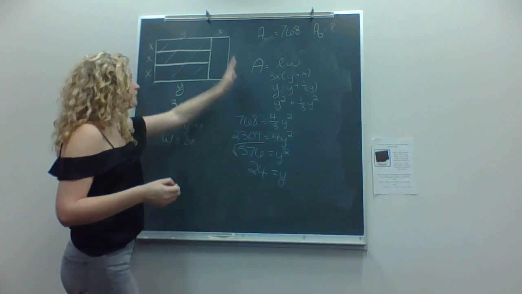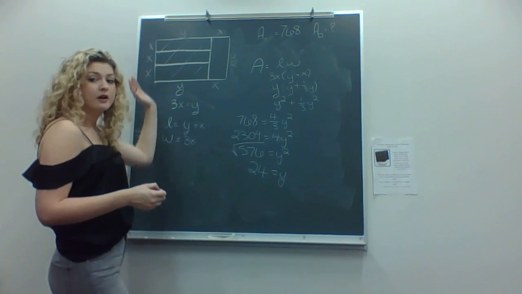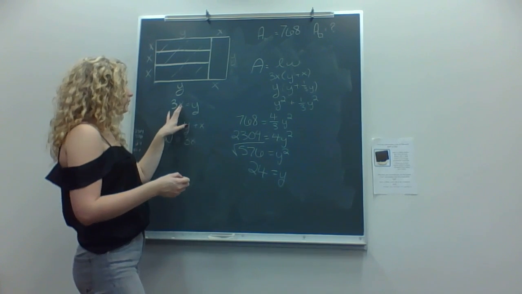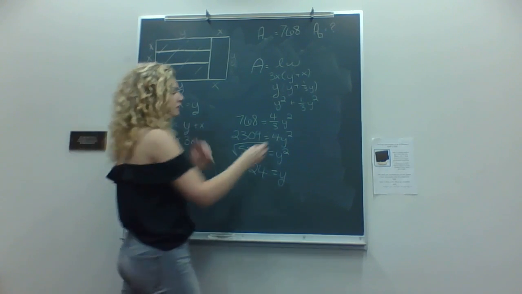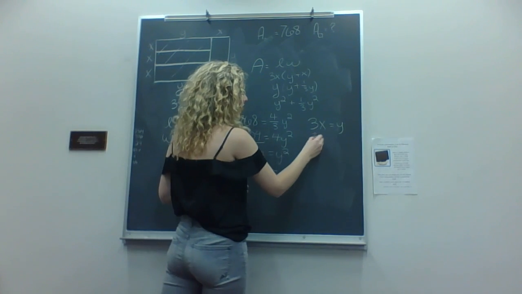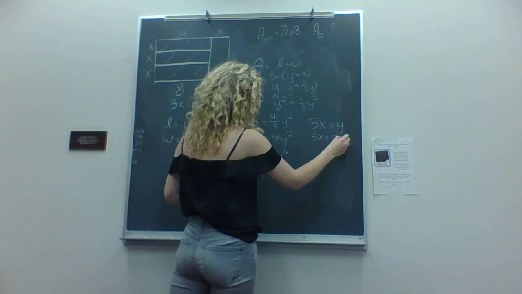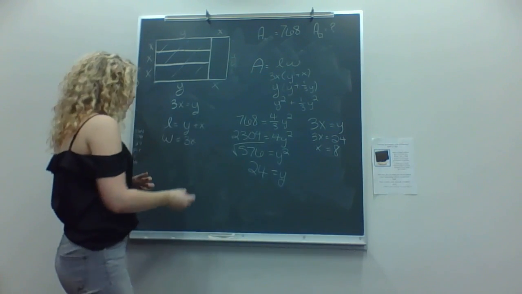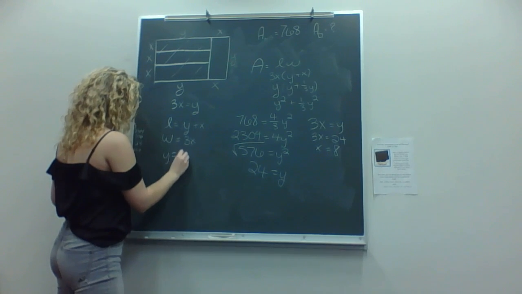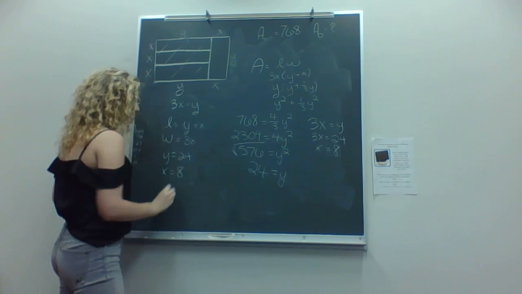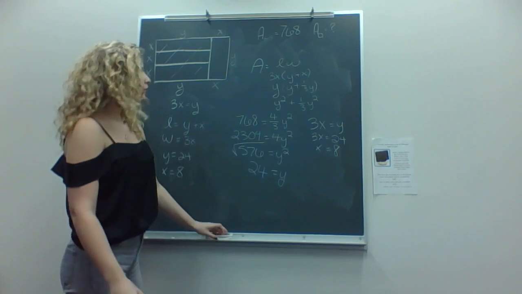So now we know what this side is, and that's 24. But we still need to find out x. And earlier we said 3x was equal to y. So if 3x was equal to y, we know that 3x is equal to 24. So x is 8. So I'm going to put y is equal to 24 and x is equal to 8. So then if we find the perimeter,